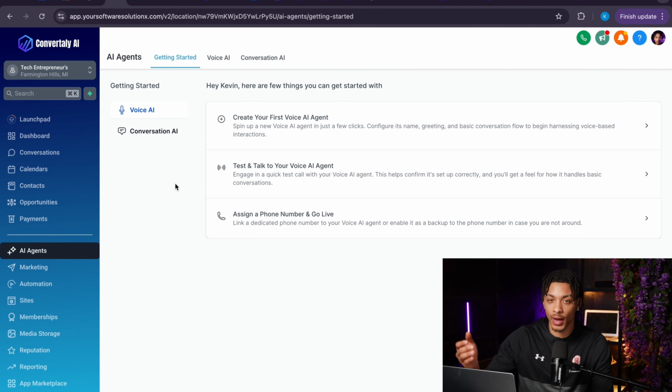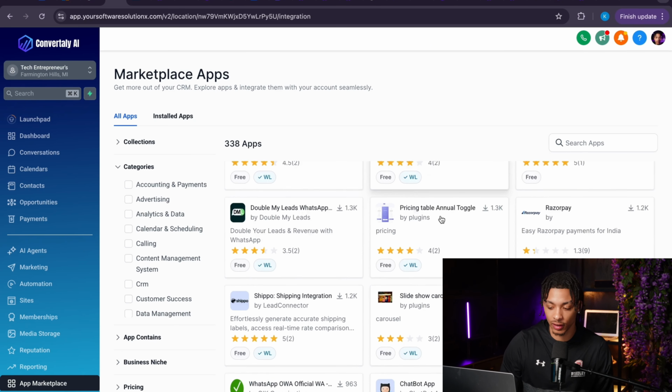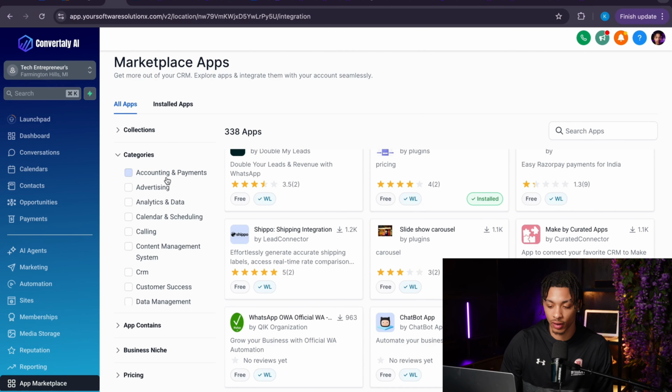And this is the reason why HighLevel is a billion-dollar company, because they allow people like me and you to actually start our very own live and active AI software products, and not just AI, but tons of different software features and tools that HighLevel actually sells. They actually have a marketplace full of pre-built software products that you can choose from that solve a number of problems for tons of industries and niches.